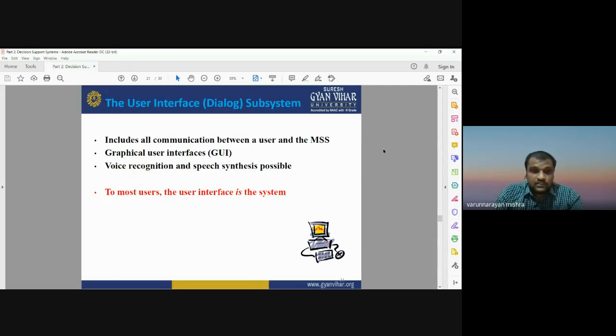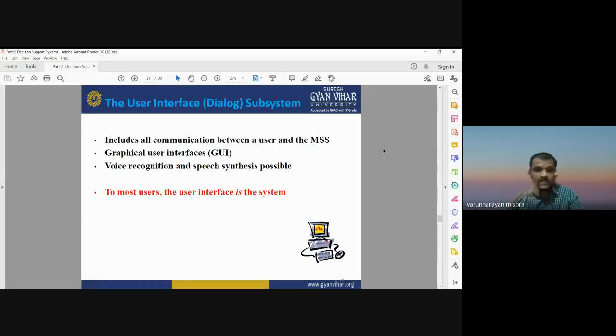The fourth component is a user interface. The user interface, or the computer based system, should be visual, that is known as GUI, graphical user interface. When you use any software, you are able to see options in a kind of main menu bar. Whatever options you see in the main menu bar, it's a kind of graphical user interface. Users can easily go for any kind of processing, any kind of analysis by selecting that option in the main menu bar. This kind of mechanism is known as graphical user interface.